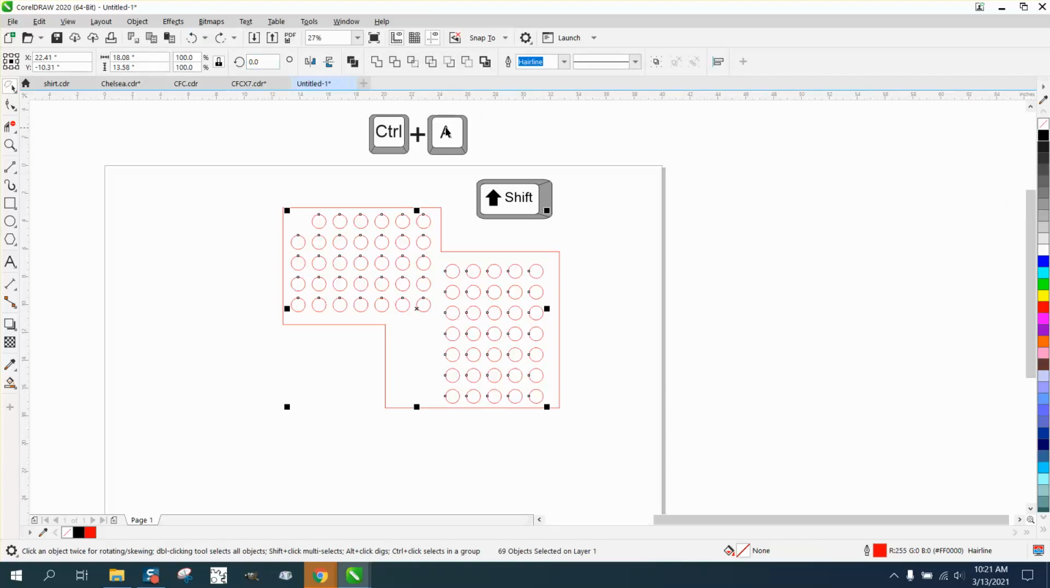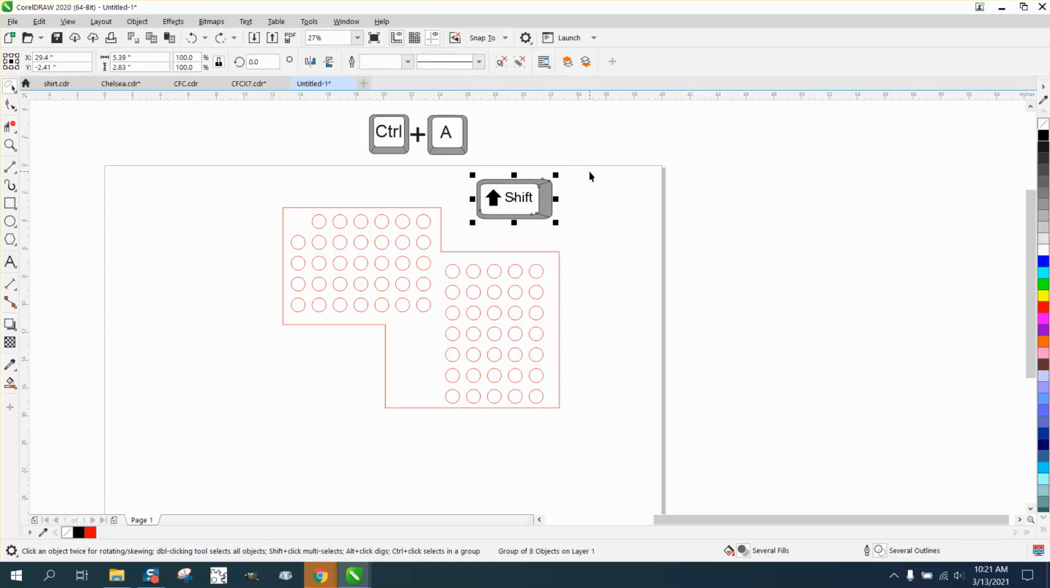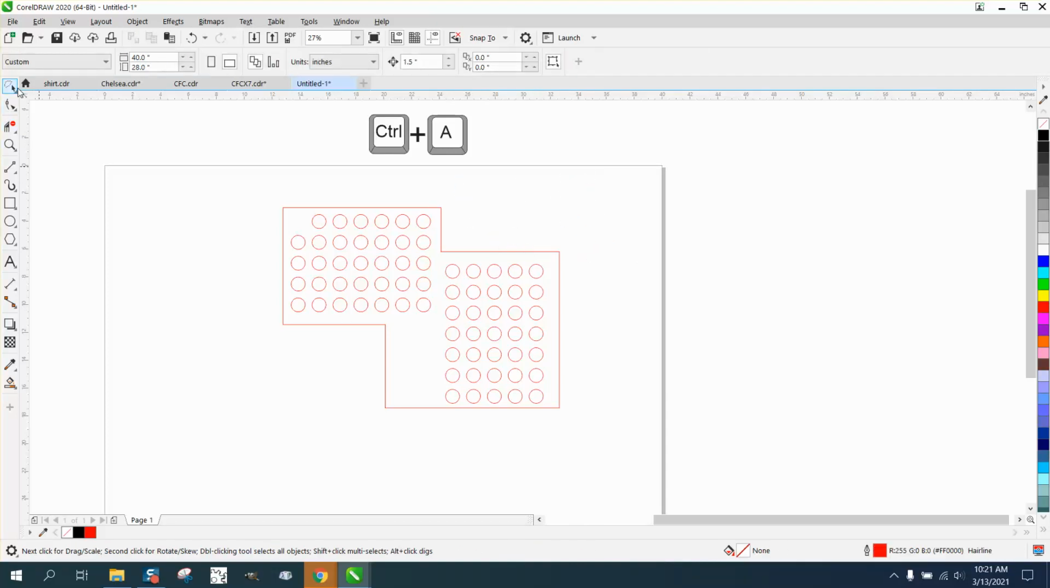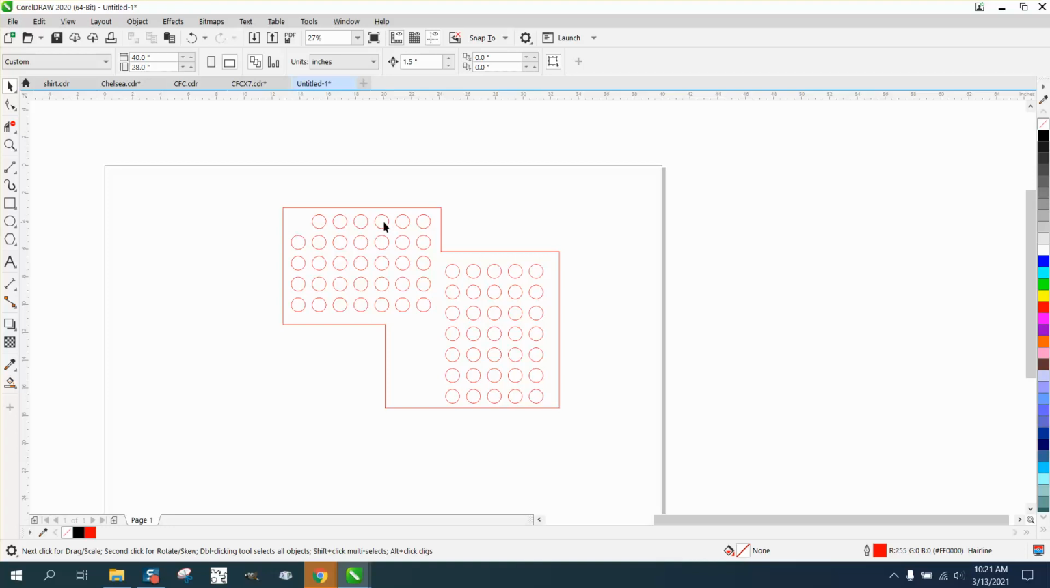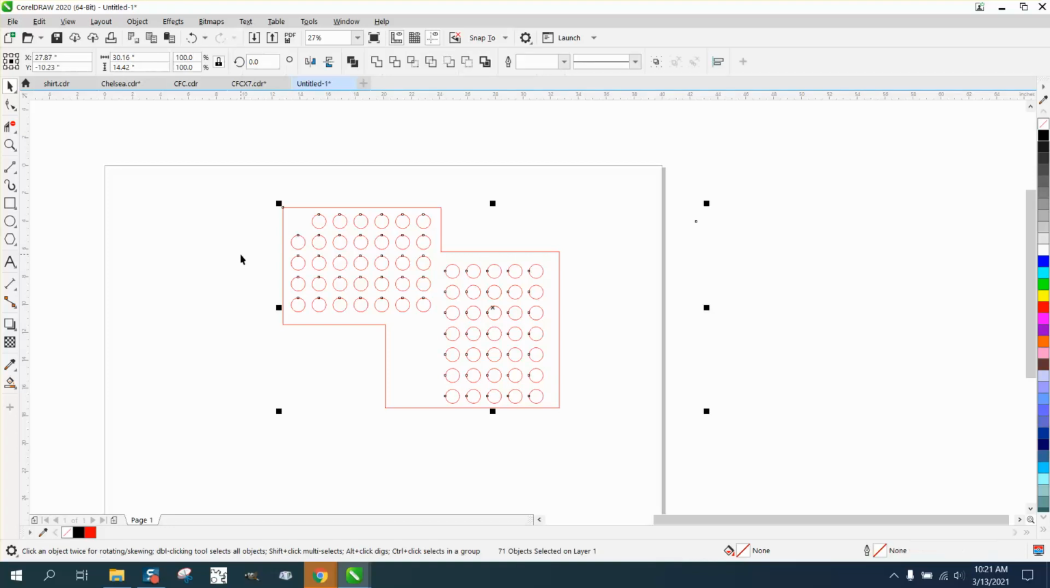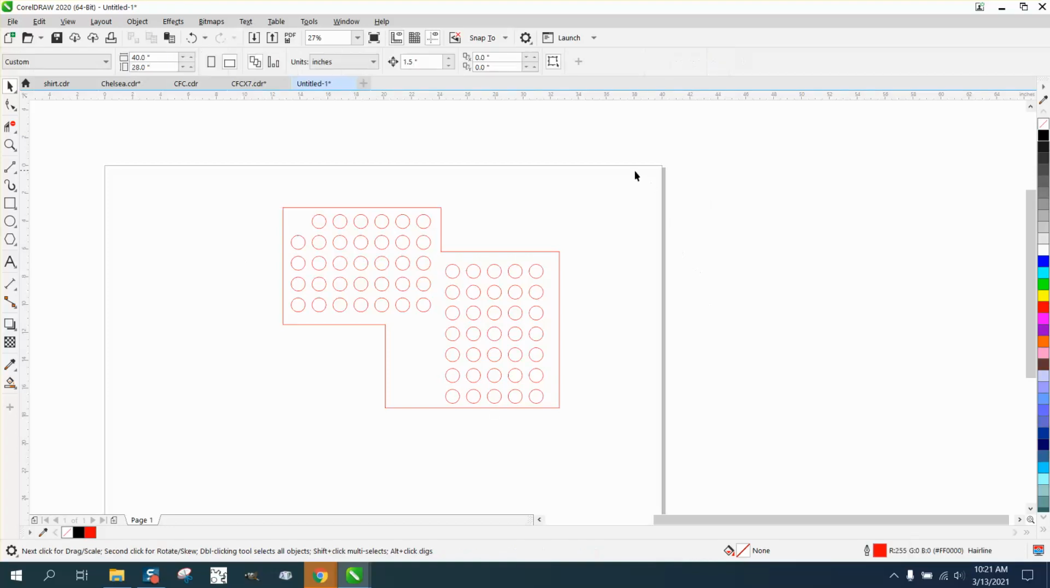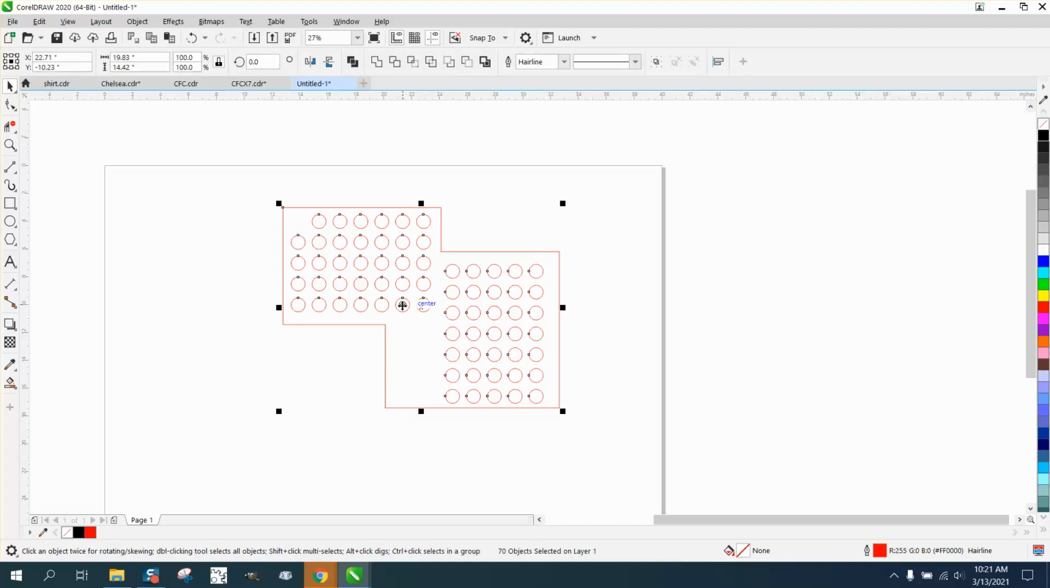Now, another way to do it: I'm going to get rid of this, because when I press Control A, it's going to select everything. So remember Control A. I'm going to go back to my normal pick tool and just delete this. Now I'm going to press Control A on the keyboard, and you see I've got something out there hidden. So Control A on the keyboard, and then hold down the Shift key and select that item